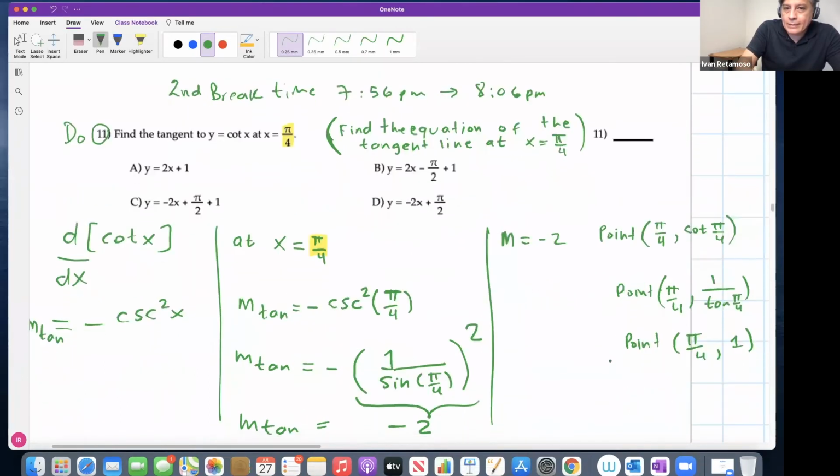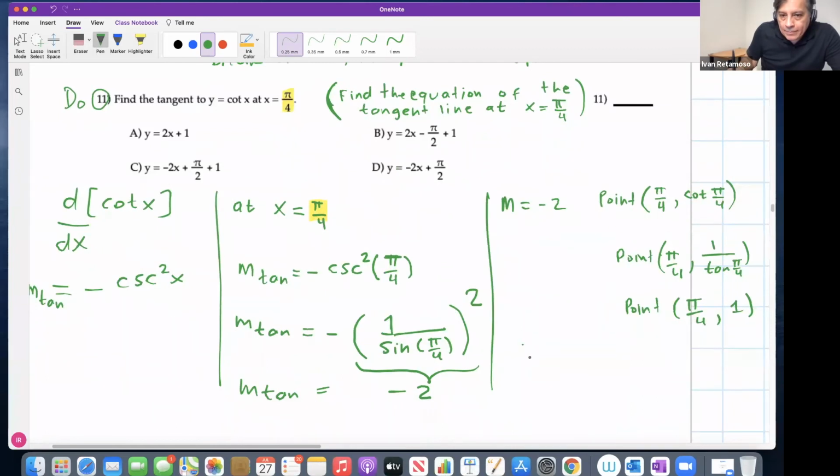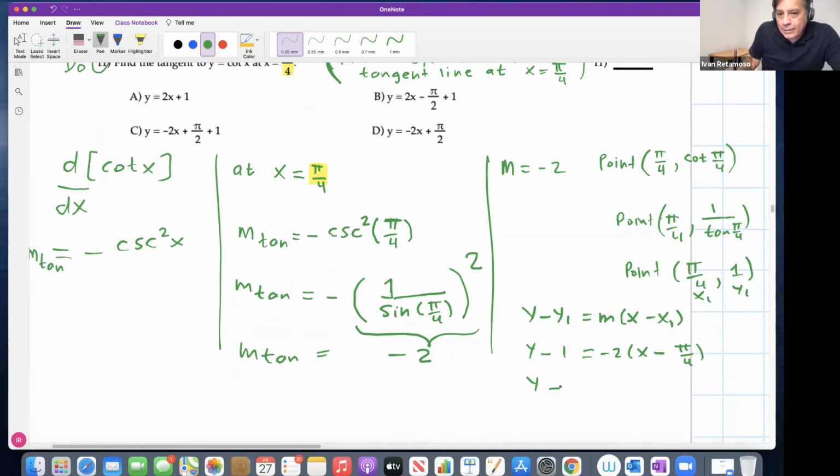So this is the point, this is the slope. So we use our point slope form. This is x1, this is y1. Y minus y1, which is 1, equal slope, negative 2, multiplying x minus x1, pi over 4, right? Very close to the end. Y minus 1 equal minus 2x minus 2 times minus pi over 4, minus and minus plus 2 pi over 4,